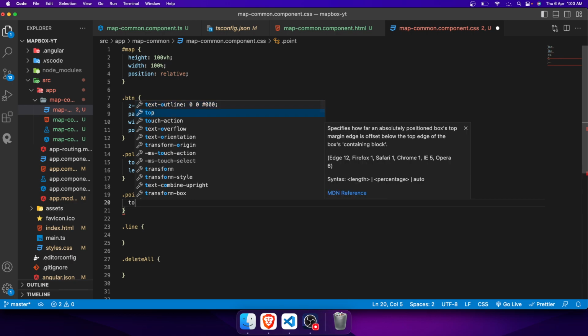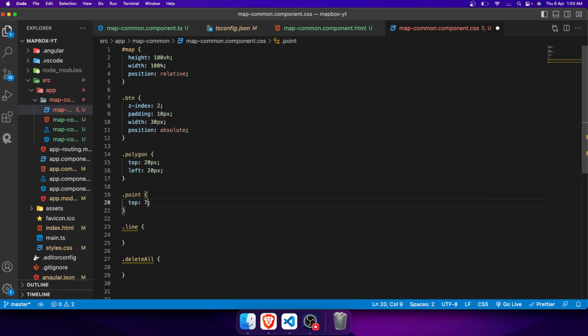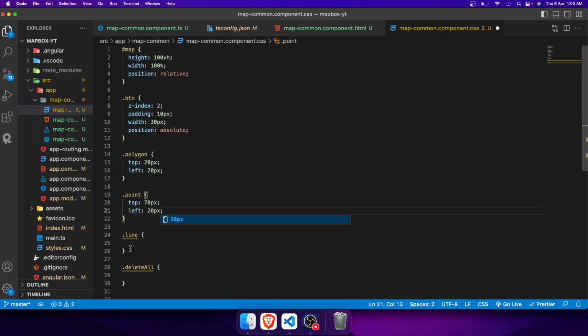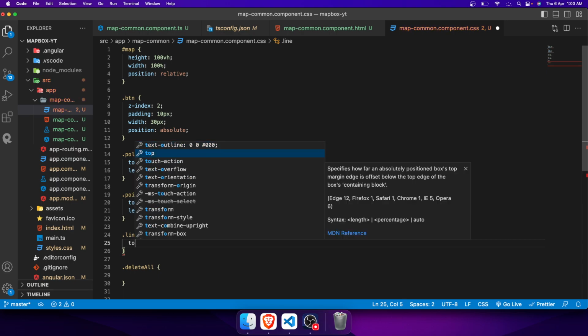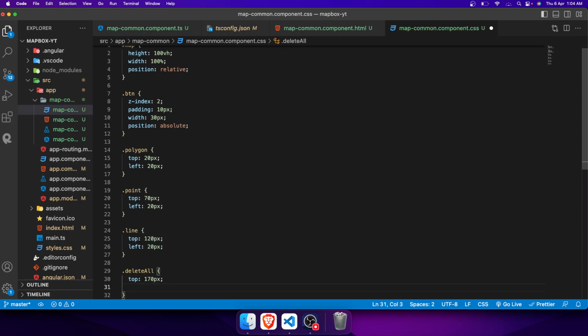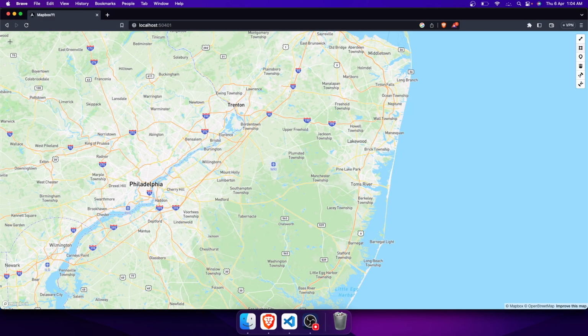Same for point, I will add this point at 70 pixel from top, and from left it could be 20 pixel. Here I need this button 120 pixel from top, and from left I need this button 20 pixel, and here from top I will add some CSS for 120 pixel, and from left I will add 20 pixel. Okay, now I will save this thing, and you cannot see this thing here because we have not added the